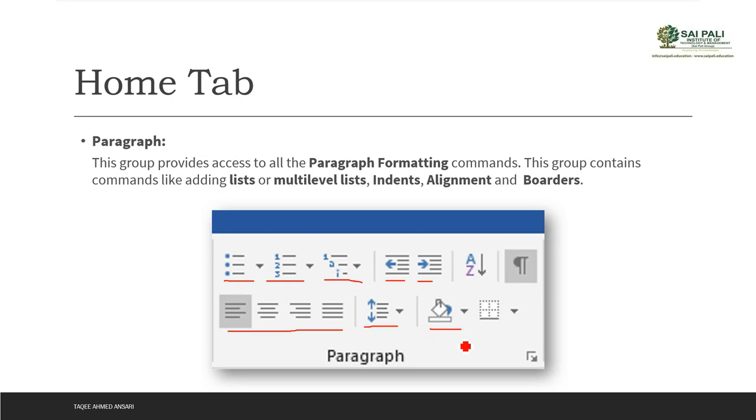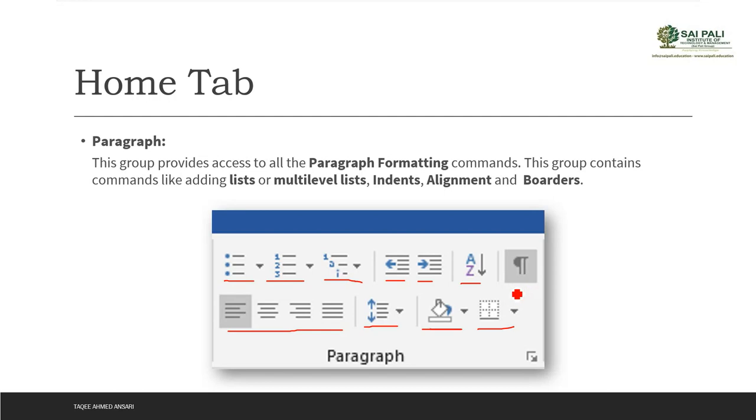fill colors also. Now this fill color and these two options, basically are for the table. So if you have a table and in the table you have multiple cells, and you want to fill color to those cells, then you can use this command to fill the cell color. Then you can add or remove borders from those cells of the table with this command. Then you can sort your text, your paragraph, or your table also by alphabetical or numerical order. So this is the sorting command.